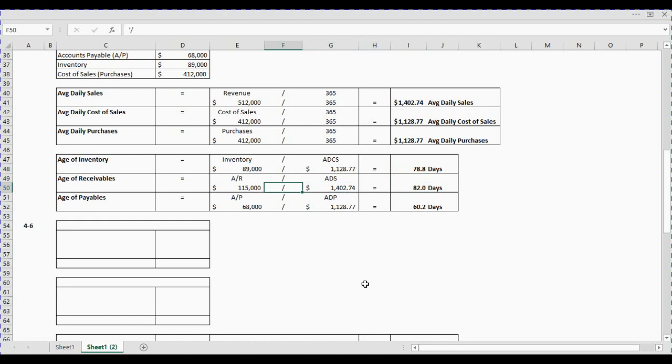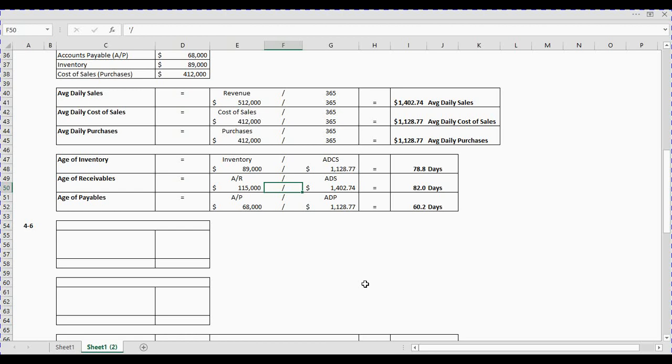How about age of receivables? If you have accounts receivable on your balance sheet, what do you think is better? To get that money in the door as soon as possible, or let it sit outstanding in somebody else's bank account for as long as possible? Well, again, you're going to want to collect on your receivables and turn it into cash just as soon as